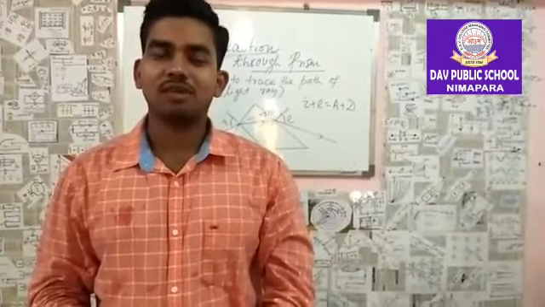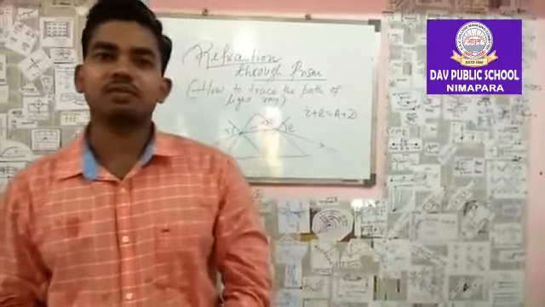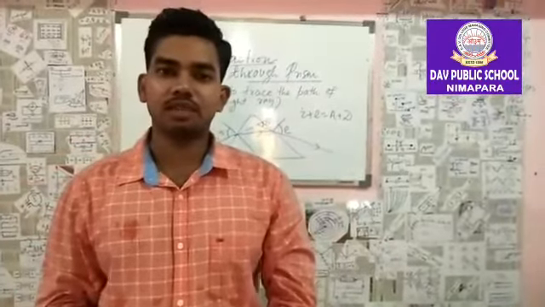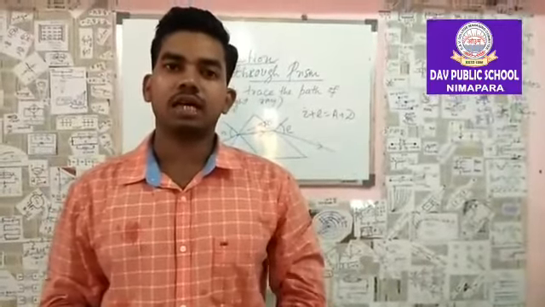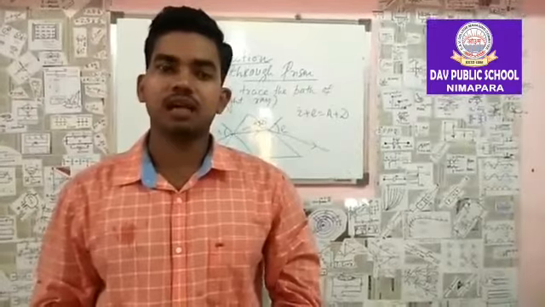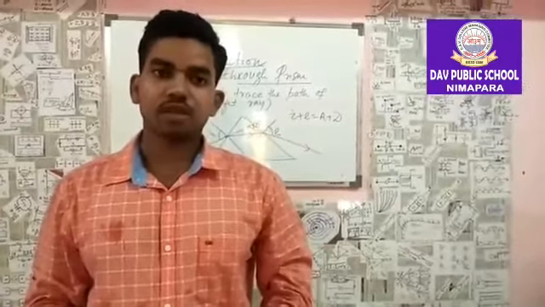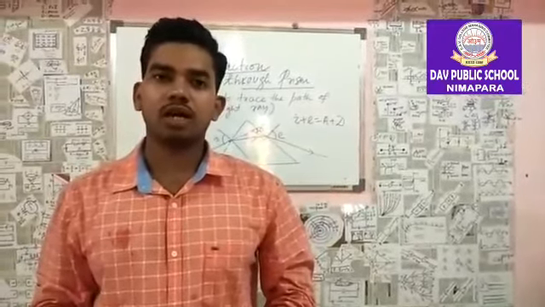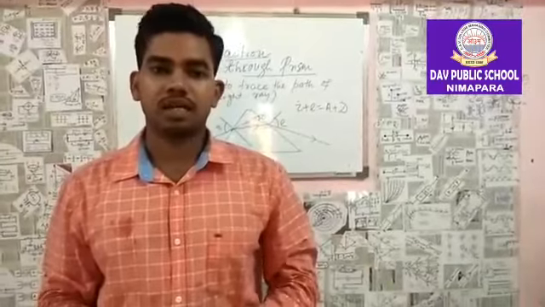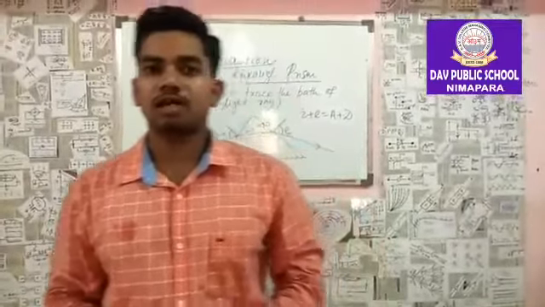Hope you have understood this topic: how to trace the path of a light ray passing through a prism, and how to verify whether you have drawn the correct line by checking I plus E equals A plus D. So everyone, take note of this procedure, what to do and how to measure the angle of incidence. Practical questions may be asked in the exam. So be careful and hope for the best.